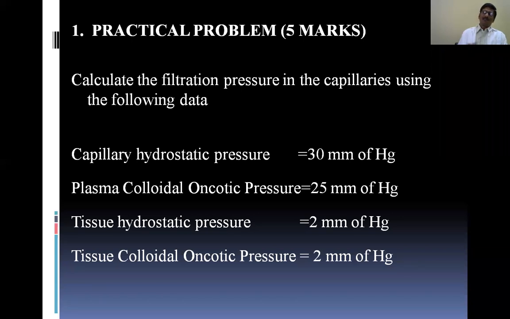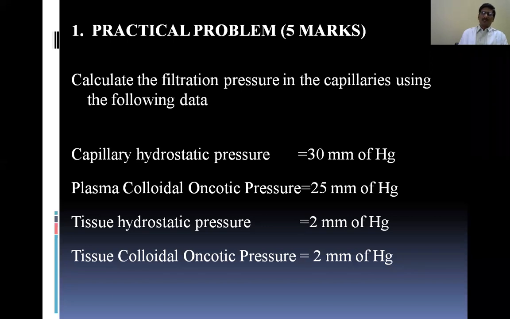By this process, more and more fluid is pushed and reaches the surrounding interstitium. By the time the blood reaches the venular end, the hydrostatic pressure becomes less, and the plasma proteins in the capillary become more concentrated, so the oncotic pressure becomes higher. So the reverse process takes place, that is, reabsorption. At one end, more and more fluid leaks from the vascular compartment into the surrounding interstitium, but at the venular end, most of what was leaked comes back into the blood by means of the reabsorptive force.